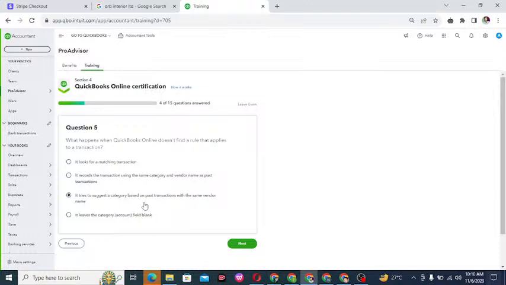What happens when QuickBooks Online doesn't find a rule that applies to a transaction? It tries to suggest a category based on